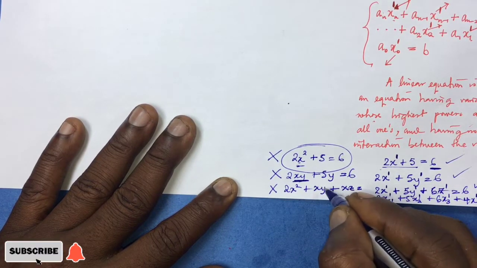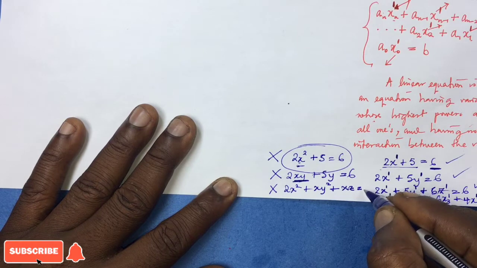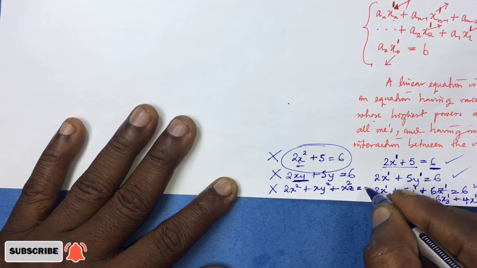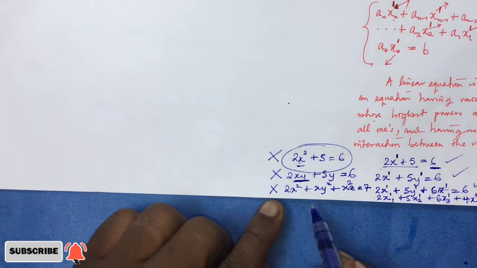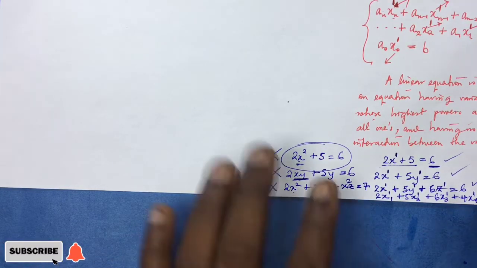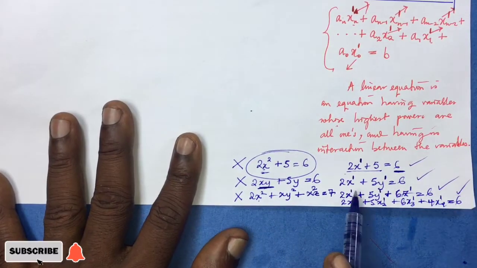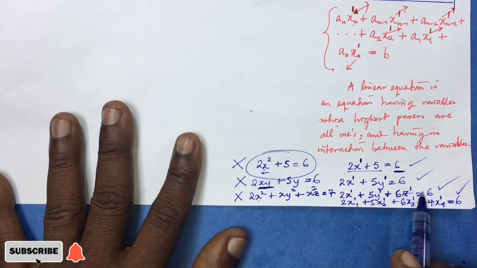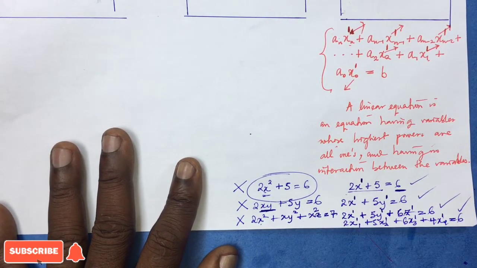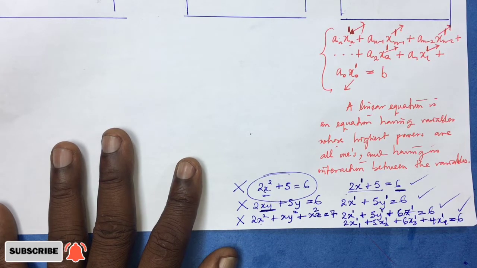Okay, let me put this as this. Okay, so this is not a linear equation because there are interactions and there are powers of 2 in the expression. So these are not linear equations, but these ones are, because the highest power of the variable is 1 and there is no interaction between the variables. So a linear equation is an equation having variables whose highest powers are all ones, and having no interaction between